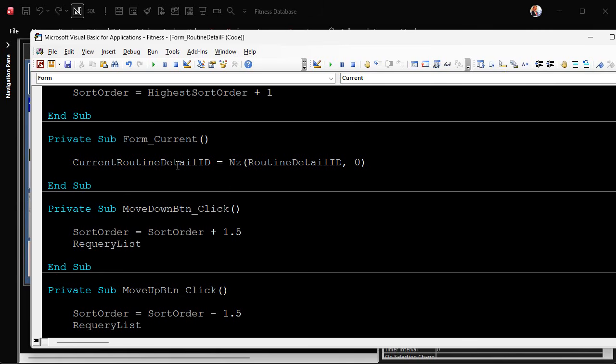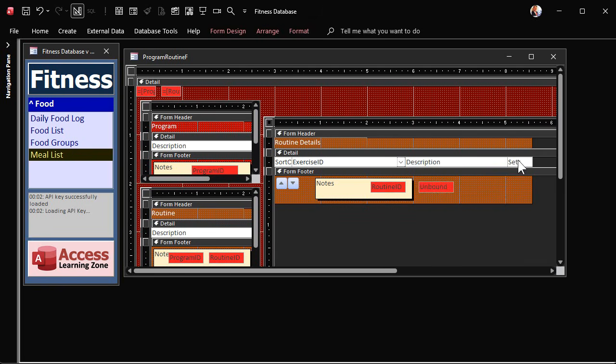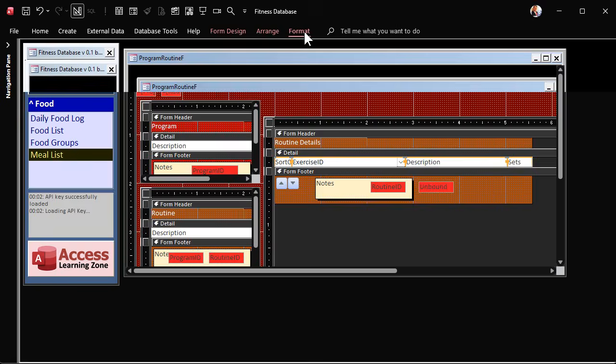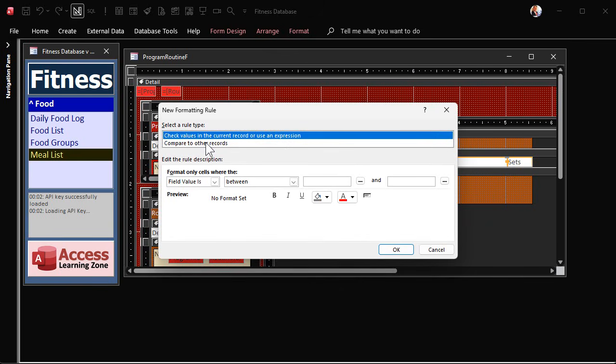Okay, now we use this in conditional formatting, right? So we come into here, and since we don't have any conditional formatting, we can do them all at once. Click on all of these guys. Okay, go to Format, Conditional Formatting. New rule. This isn't Bill Maher, but it's a new rule. We're going to go expression is, and then we're going to say